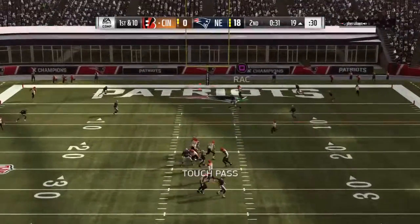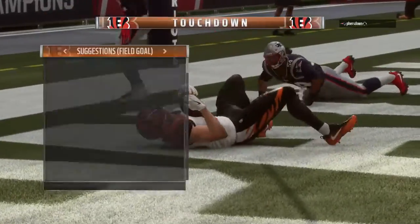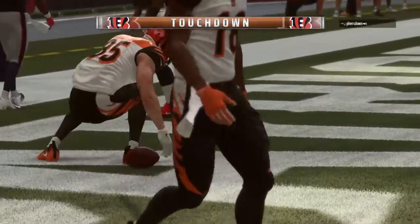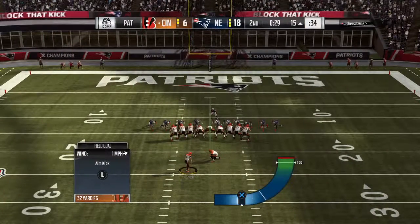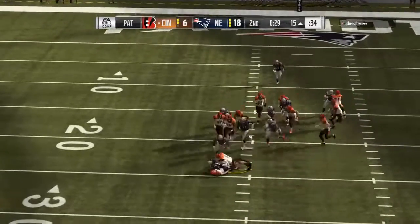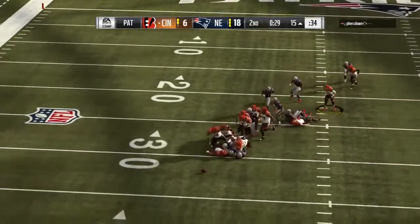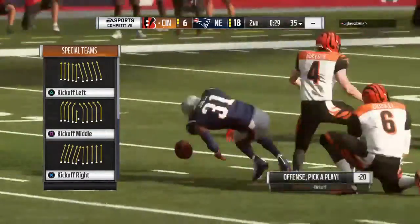Throwing, Dalton. And he's got his big tight end, Eifert, and it's a Bengal touchdown. Tyler Eifert from 19 yards away. And the Bengals are able to draw a bit closer. Oh, they get to the football. It's blocked. That was crazy,